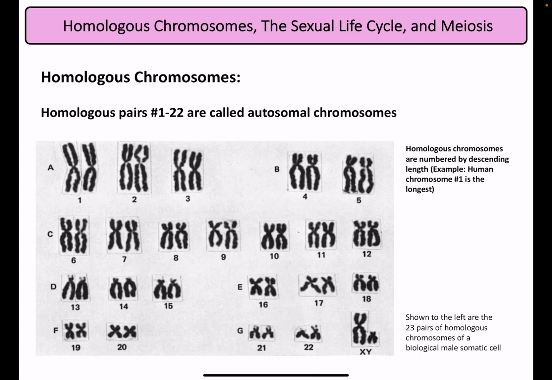You've seen this picture before, but it's especially nice to cover it now because in this karyotype, they've organized and grouped together all 23 homologous pairs. So it's important to note that if you were to look inside the nucleus of one of your cells, your homologous chromosomes aren't just nicely lined up like this and next to one another. They're actually not next to one another, except when a cell is undergoing meiosis, as we're going to talk about in a bit. So it was a computer program that lined them up like this,